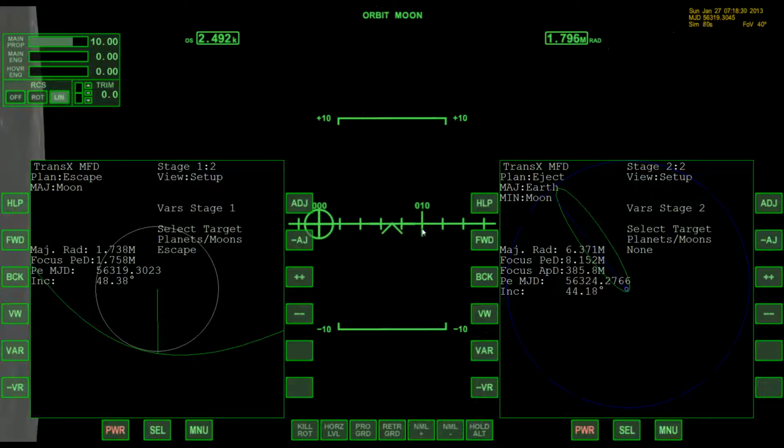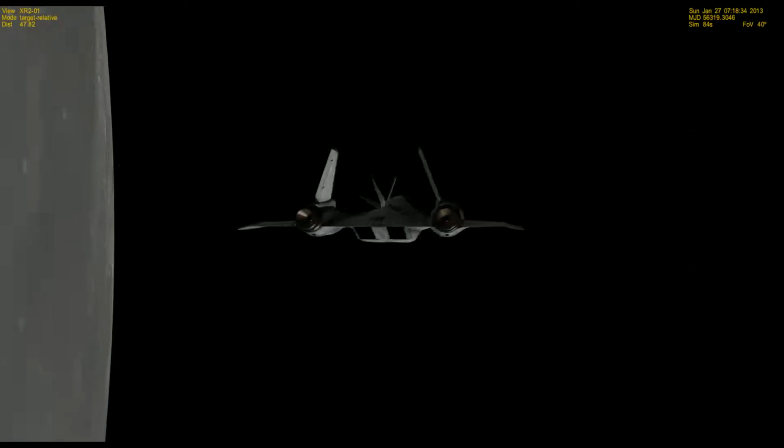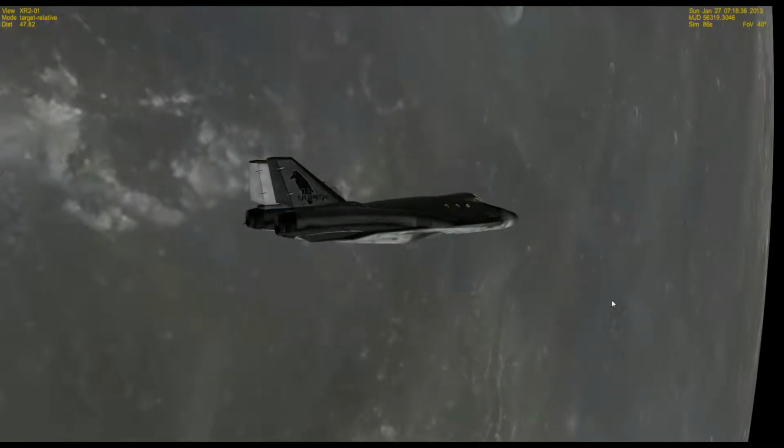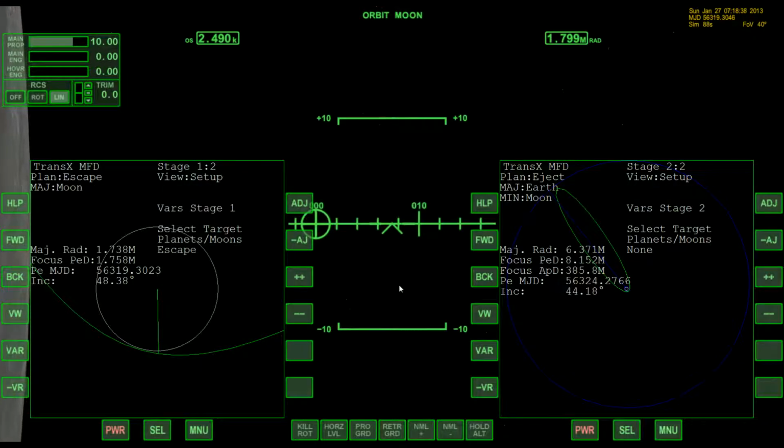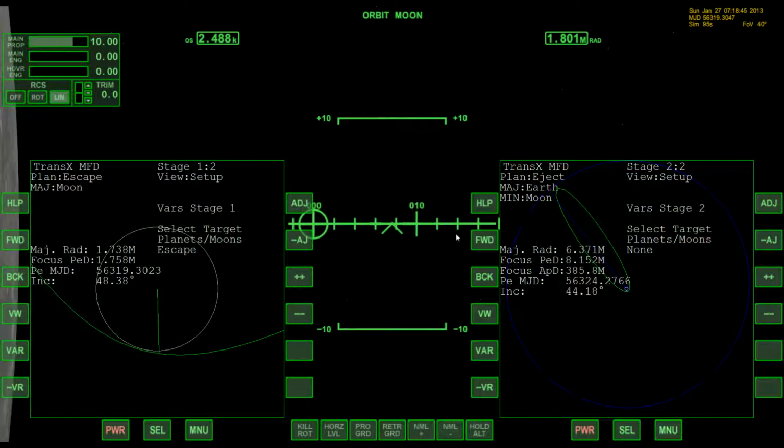So in this scenario, I am already here at the moon in orbit, and I've already completed the eject burn for going back to Earth. Now, what we can do if we want to arrive at Earth so that we're already in plane with a target base,